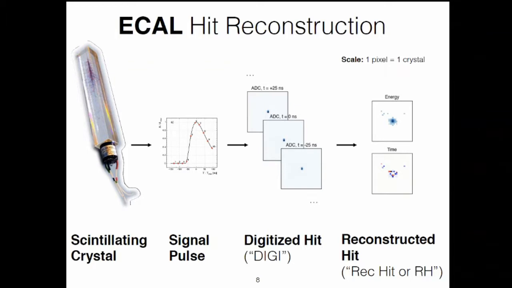Okay? Now, after these ADC counts, based on the height of the pulse and the shape of the pulse with respect to a reference pulse shape, one infers the energy and the timing of the hit. There are other quantities stored in the rec hit collection, but these are the two most important ones for our purposes today. This is typically called the reconstructed hit or the rec hit. The rec hit is the lowest detector level collection that is calibrated. So the digis are a short video, and the rec hits are basically converted snapshots of the hit.